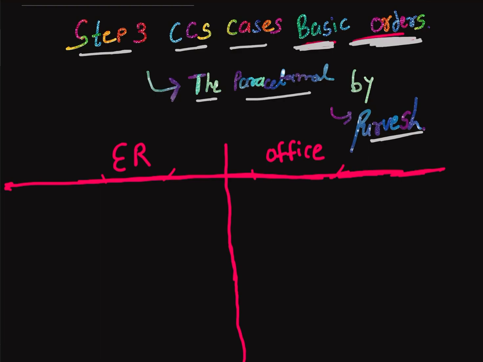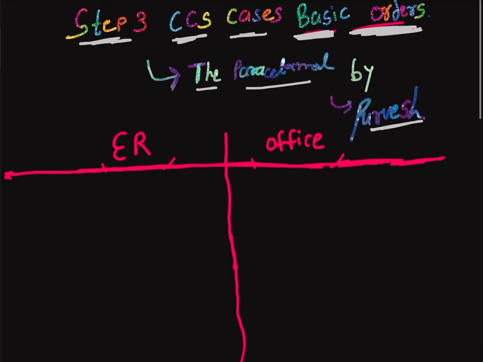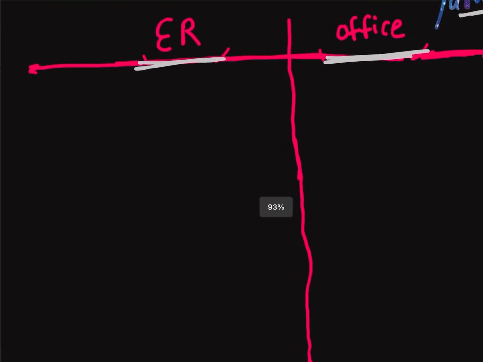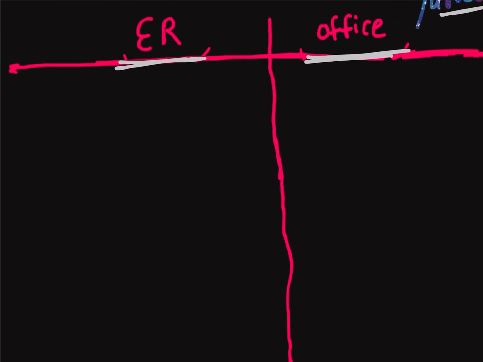In this video, we're gonna see about the USMLE Step 3 exam, CCS Cases basic order list. These are the basic orders. With the help of these basic orders, you can at least do the primary diagnosis of any particular disease which is coming in the exam. So here I took two situations which are mainly coming in the exam. One is ER, like emergency room visit, or office visit. Both have a different kind of basic order list. So we're gonna see those orders in detail, and then we're gonna differentiate diagnosis, and then specific test, and then